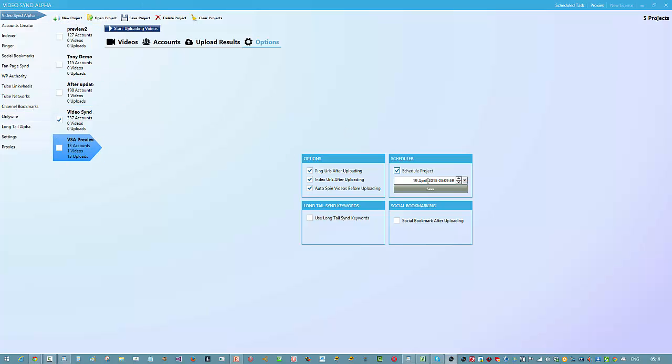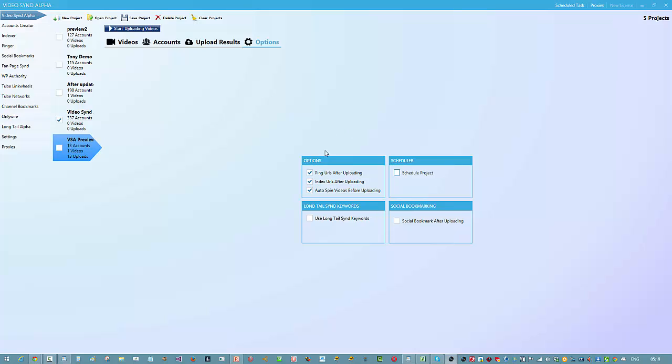Okay, you can manage your projects much more efficiently with the alpha tools. Right now, this section here where it says auto spin videos before uploading, you have a choice. If you take this, what's going to happen is that in between your video being uploaded into another account, it will be spun. Okay, I keep this on. I'm going to keep this on all the time. That means that we can use, like we did the other day